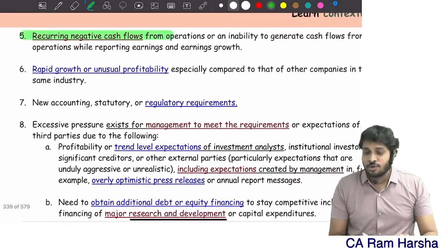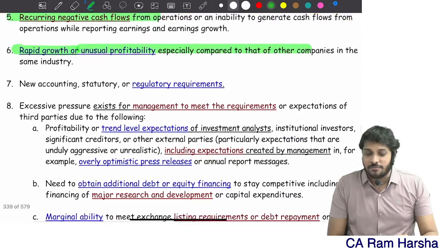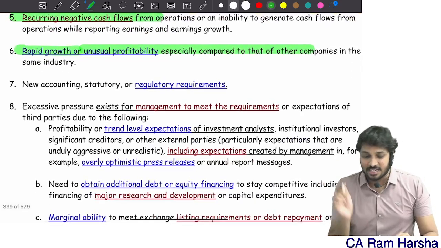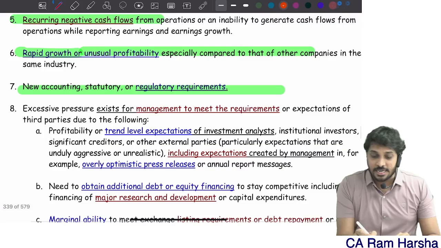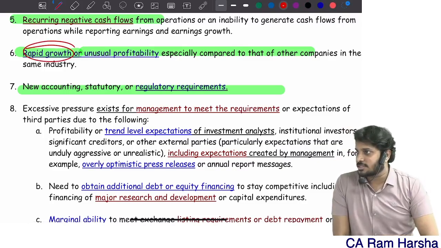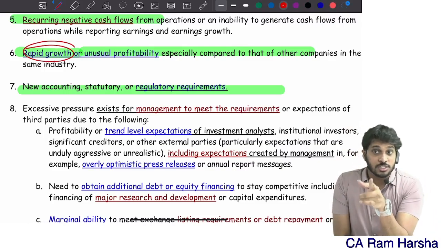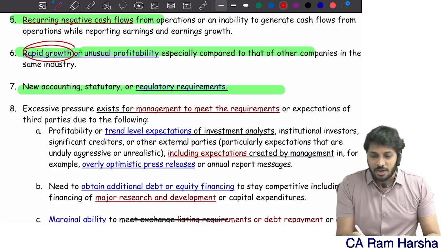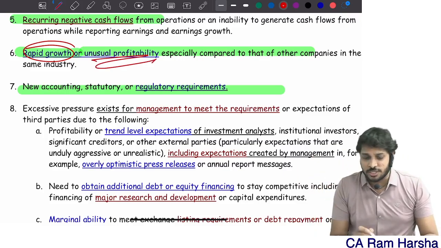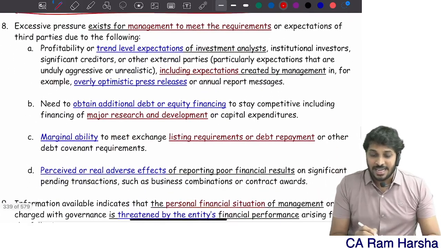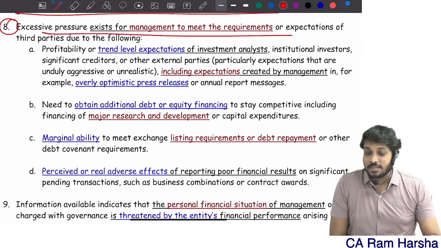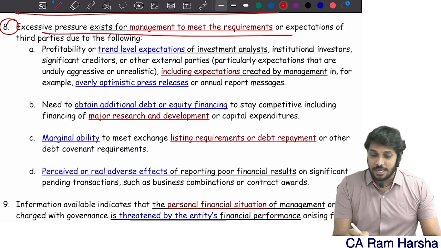Recurring negative cash flows, rapid growth or unusual profitability, especially compared to other companies, new accounting requirements. Suddenly in this company, rapid growth is there. Suddenly, that could be a risk factor. You should see why rapid growth is there. Unusual profitability compared to the industry, new accounting requirements, excessive pressure exists for the management to meet requirements, like due to